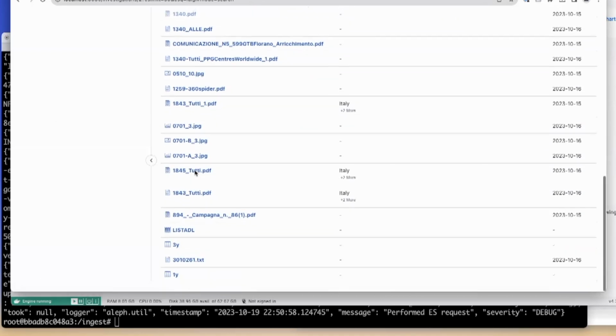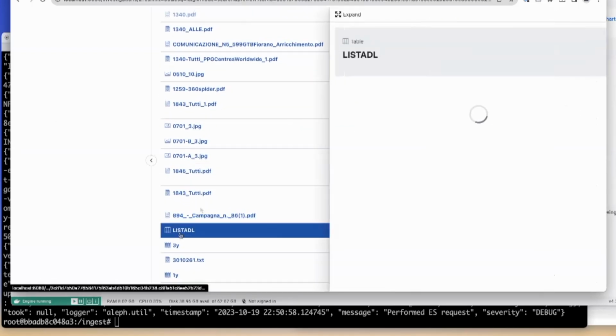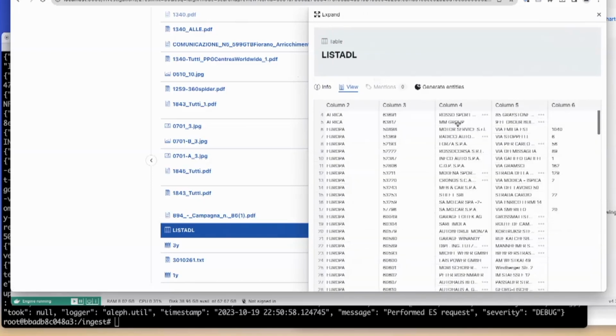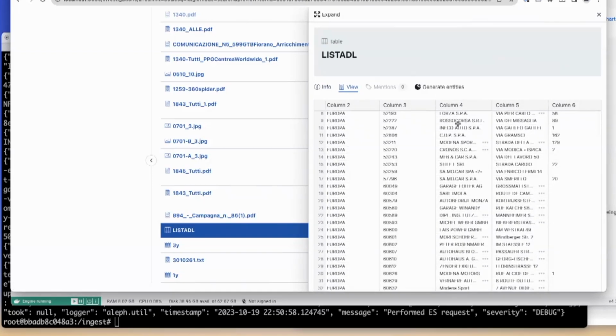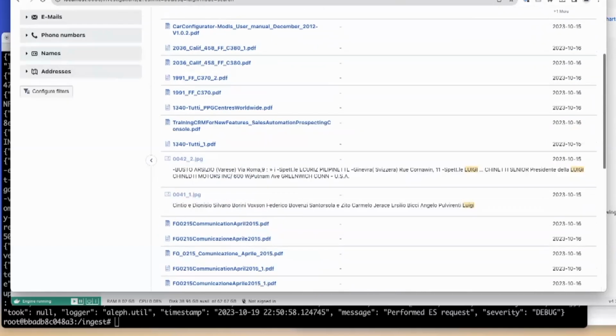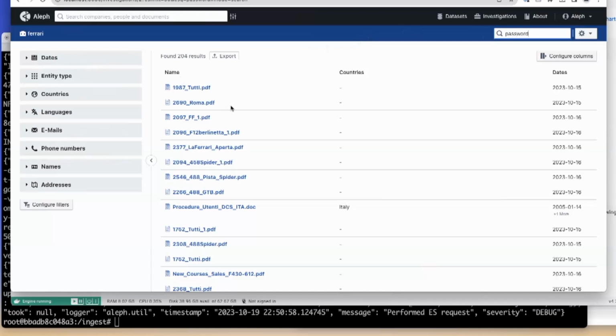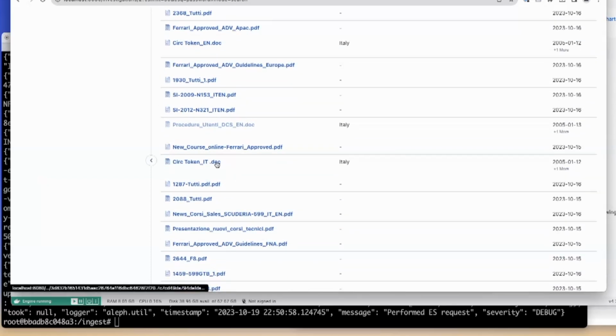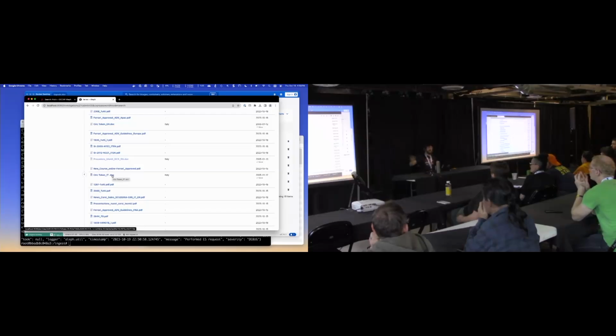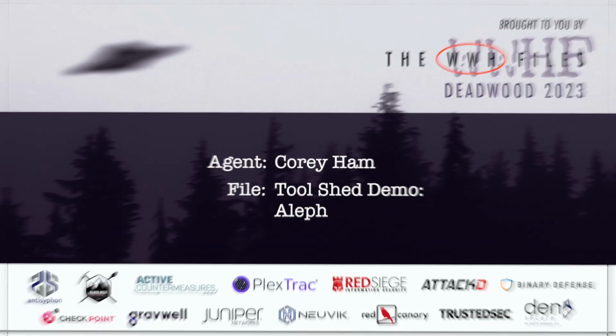So I guess hopefully this shows you the power of this tool. I have no idea what this data is, but if you know what you're looking for, like, let's search for password. Only 204 results for password. This shouldn't take too long. But yeah, I'm pressed for time, but this gives you an idea of what it can do. This is zero effort. Docker compose, load the files in, and now you have immediate awareness of some of the data that you didn't have before. So that's the talk.